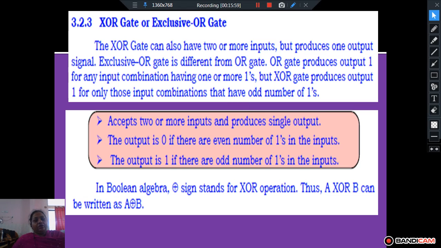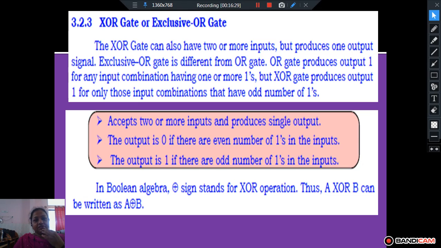So next we have the XOR gate, or we call it the exclusive OR gate. The XOR gate can also have two or more inputs, but it will have only one output. XOR gate is different from OR gate. As I told you, the NOR gate is very familiar to the OR gate, and the NAND gate is very similar to the AND gate.